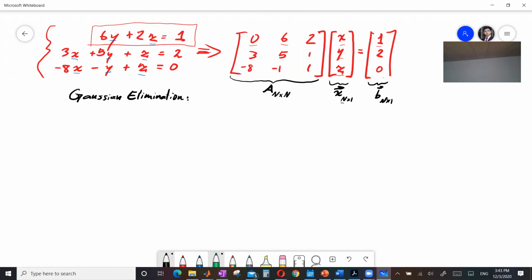So in the Gaussian elimination, we have 3 valid operations that we will apply on both A and vector B. So these 3 valid operations are swapping 2 rows,